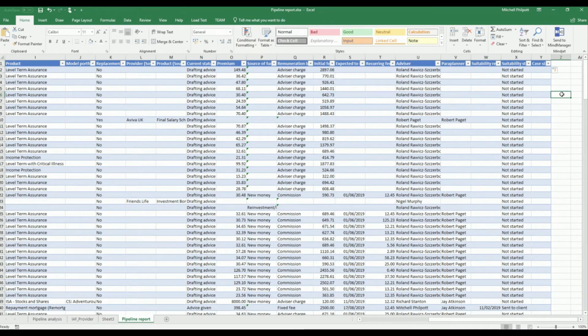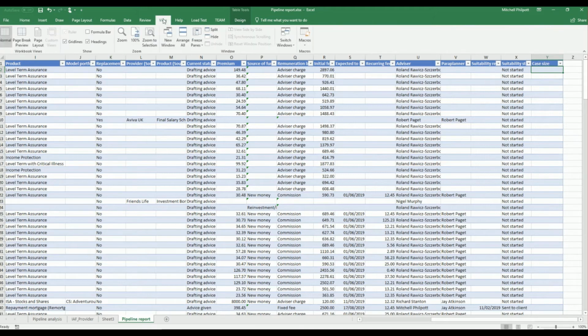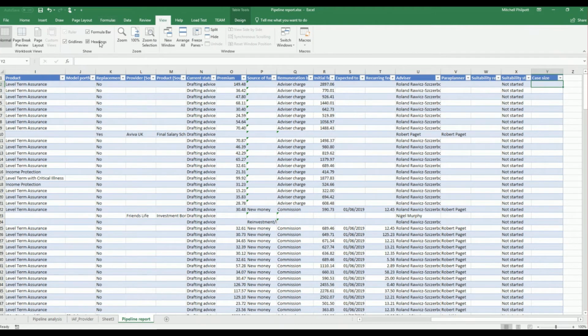Okay, so let's just do case size. Right, so when I add that in, as you see, it automatically adds it into the table. Okay, and here what I can do, and you see I haven't actually got the formula bar, so I'm just going to turn that on. Okay, so here what I'm going to do is the standard if equals if. So if that field, and it puts its own syntax in, but you just select the field in exactly the same way, is greater than £5,000, then that would be Big, large, comma, else, comma,